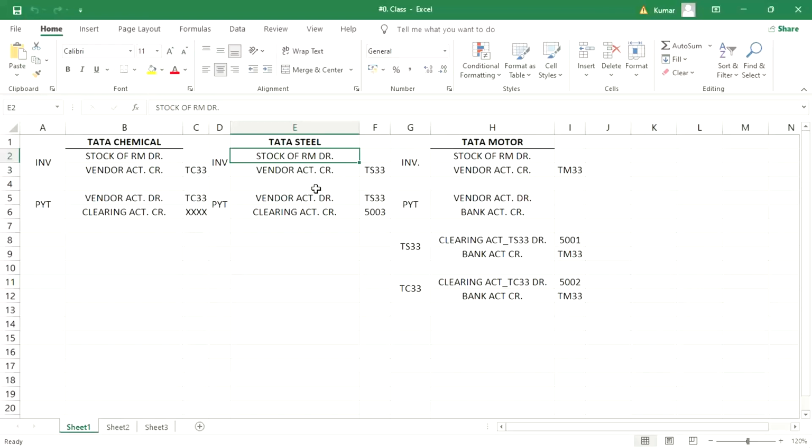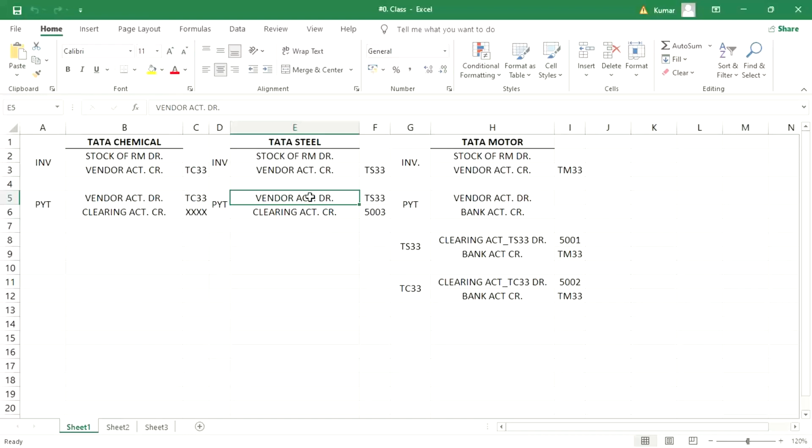Now, where is the problem? The problem is at the time of payment. The vendor must be cleared, but the vendor belongs to Tata Steel and the bank account belongs to Tata Motor,